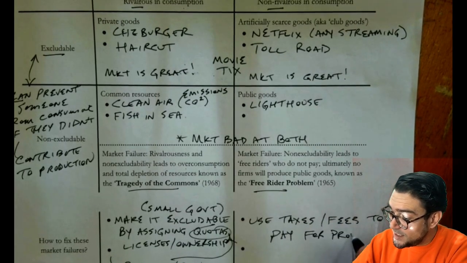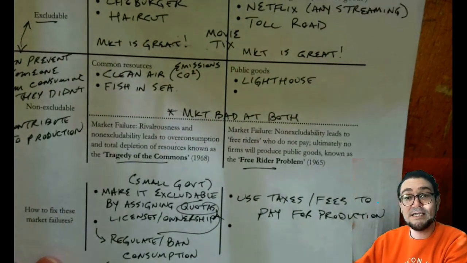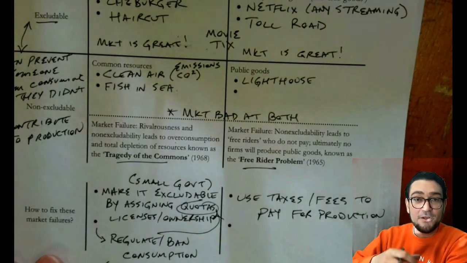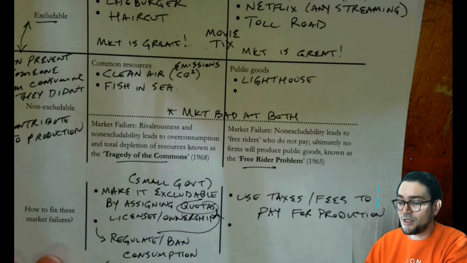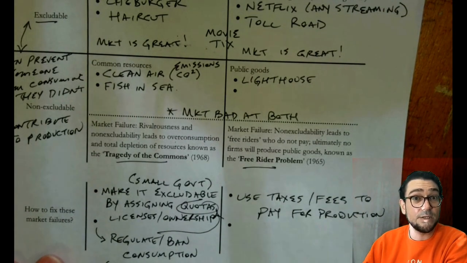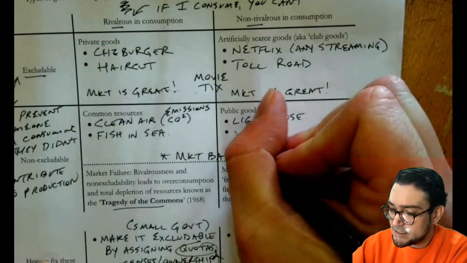So, for example, in the lighthouse's case, you might have the local harbor master who would charge a fee to any boats that dock in the harbor, and part of that fee goes to offset the cost of the lighthouse. So it's basically taking this public good and trying to produce it using the government. Now, another thing that's a public good that I think is very interesting is I'm going to call it